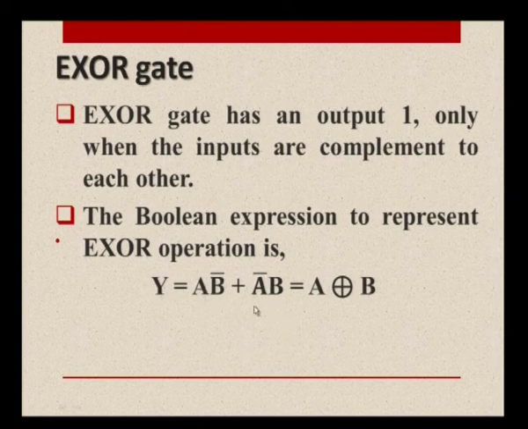Instead of showing this lengthy expression, we have this one single symbol which represents the exclusive OR operation. A plus sign with a circle is the symbol for XOR operation. Where is this XOR operation used? In the circuit simplifications, this XOR is very much used, and also when the binary symbols are transmitted, when the